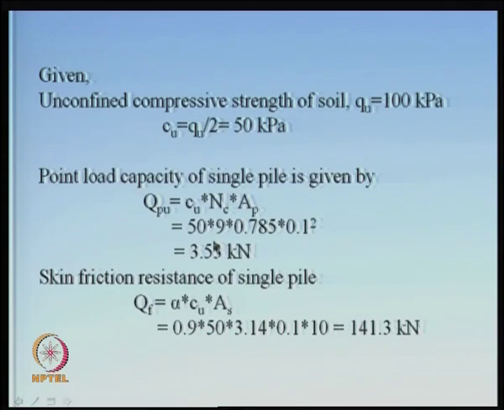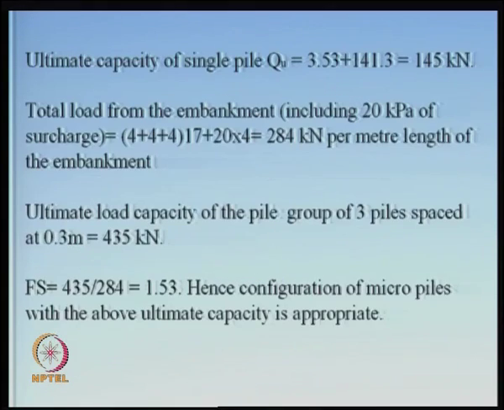So, you will get this number, and then the skin friction resistance of the pile is alpha Cu into As, where As is the length of the pile, actually 10 meters is what I have taken in this case. I am just taking pi d, not pi d square by 4 into L, for simplicity. Normally there are two ways of considering this, either pi d square by 4 into L or just pi d L. Normally pi d L is used in some simple approximations, particularly when it comes to skin friction.